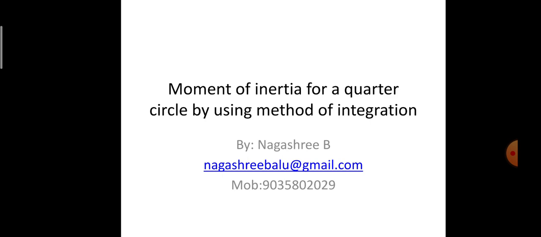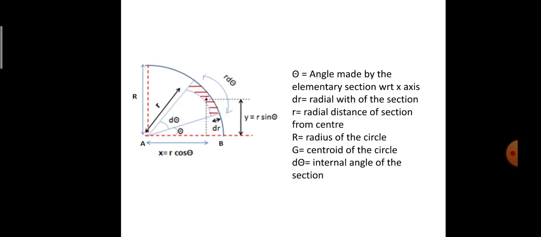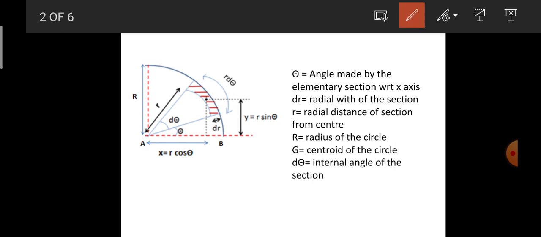So today I'll be discussing how to determine the moment of inertia for a quadricircle using the method of integration. Here I have considered a quadricircle of radius capital R, and I have chosen the elementary section having a width of dr, which is nothing but the radial width, at a distance of small r from the center of the quadricircle. Capital R represents the radius of the quadricircle, and G represents the centroid of the